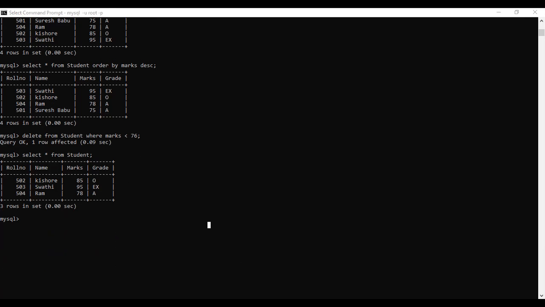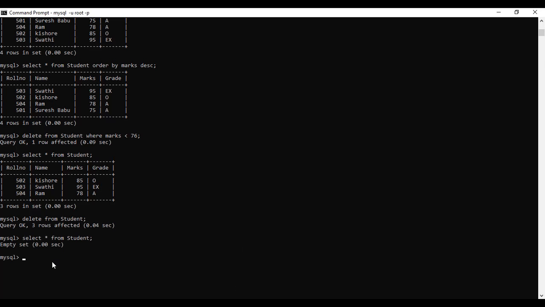Next, we can delete the complete data from the student table that we just created, the student table. So we can delete the data inside directly. It says 3 rows affected, 3 rows deleted. Then once you use the select statement to get everything from the student table, it shows an empty set. Everything is deleted, right? And we can also delete the table itself.